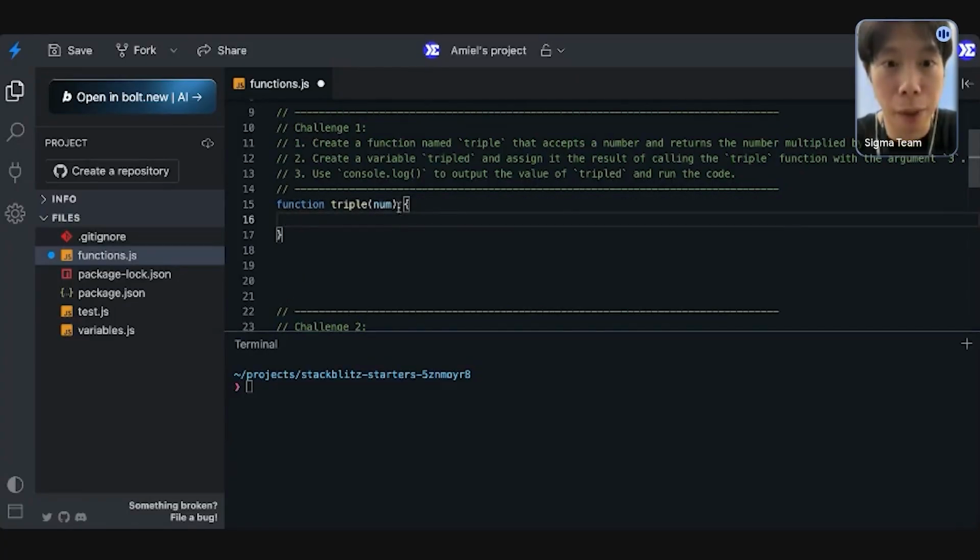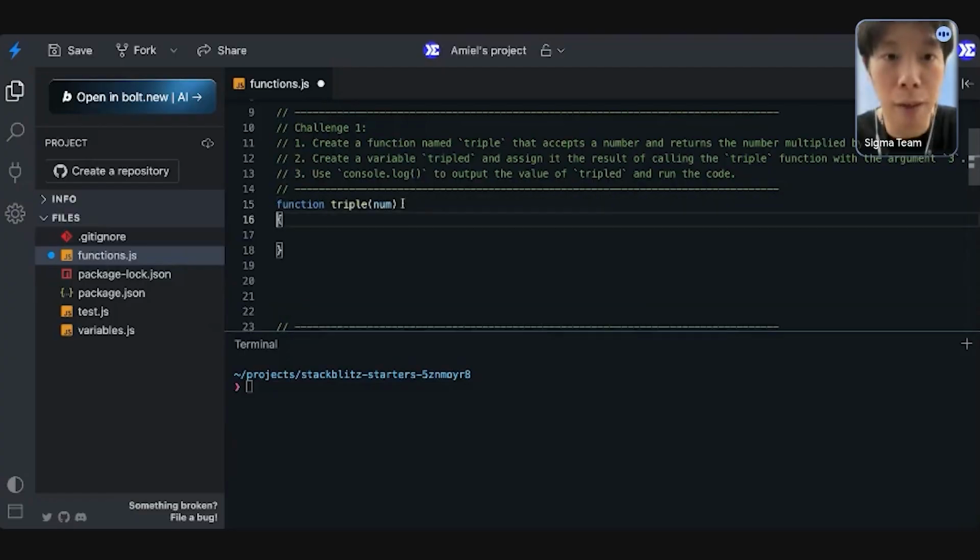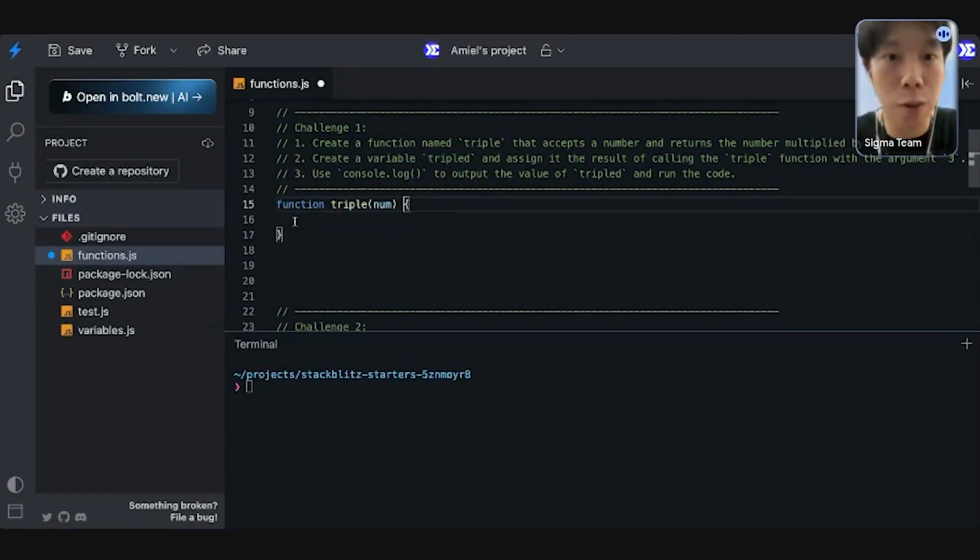And then you can create a space. It's totally up to you, this is just formatting, whether you want to do it this way or prefer it this way. Inside the curly brackets, what you want to put in is the logic. It has to return the number multiplied by 3, and this number is the variable. There are two methods again. You can either store the number multiplied by 3 and then return that variable, or you can just return inline.